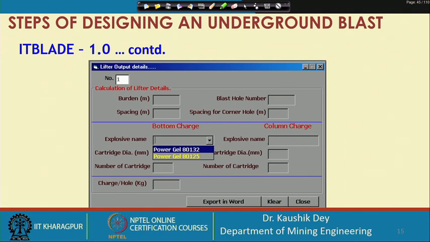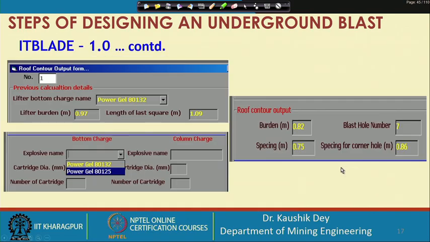For the lifter holes, you can see the cut area is already fixed. So, the lifter holes are calculated first, and you can see the burden of the lifter holes is fixed, then the roof holes are calculated and the burden of the roof hole is fixed now.